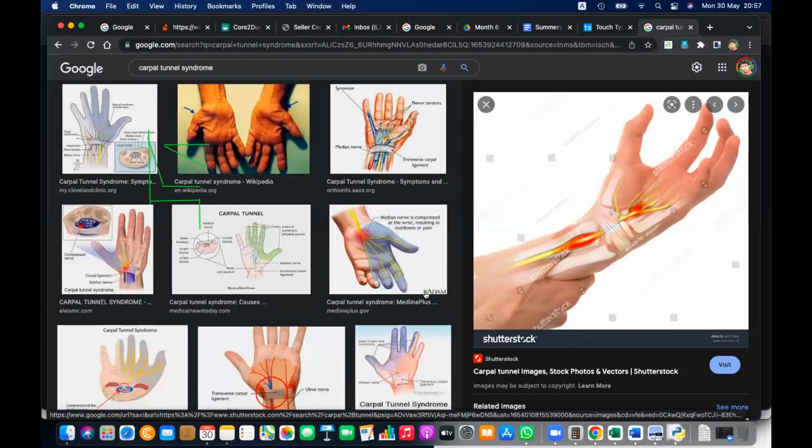Basically you can do exercises, but if exercises won't heal it, then you have to operate on your hand and get it corrected, because this nerve will be pressed, and that can even cause numbness of fingers. Okay,